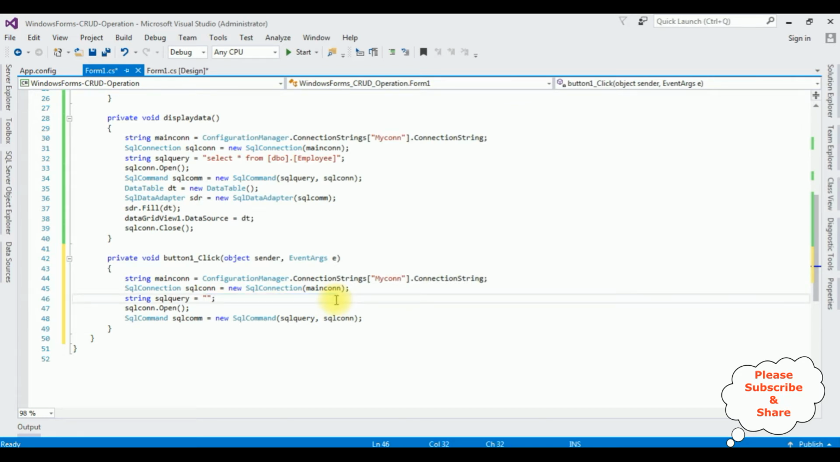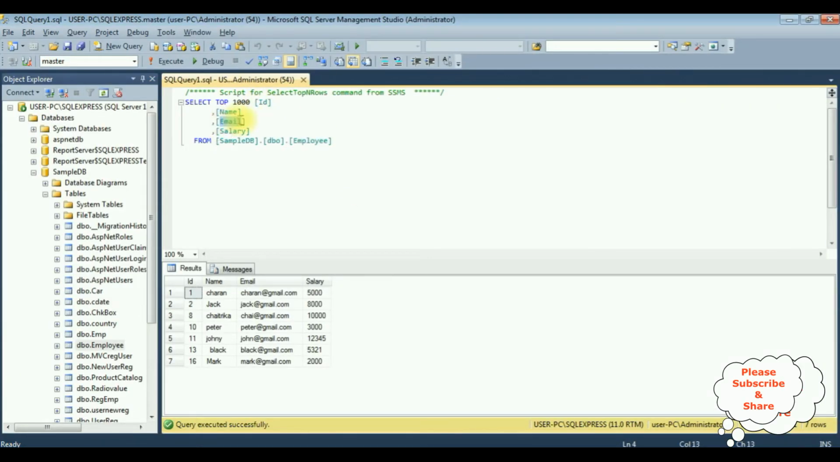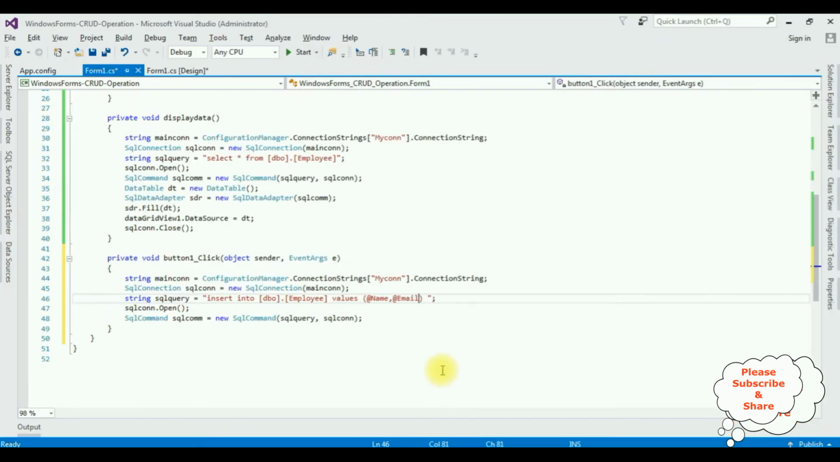Now here in sqlQuery, I'm writing the insert statement. Insert into, the table name is dbo.employee. Values are the column names. The first column is name. The second column is email. Copy this one. And the third one is salary. After writing the insert statement,